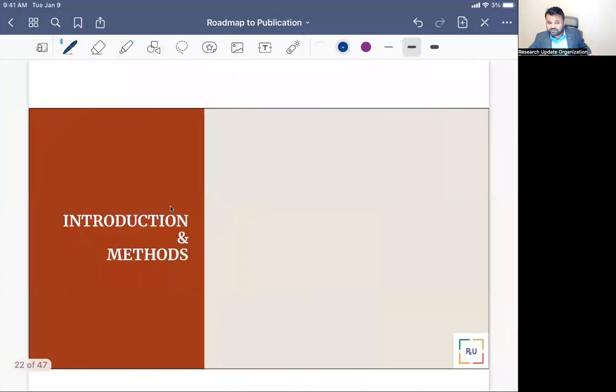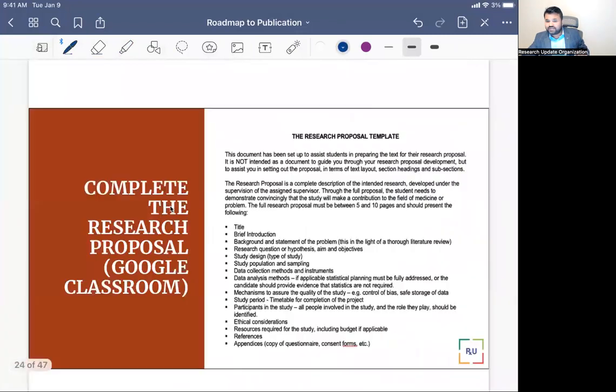Followed by that, we make sure the introduction and method are written. And of course, introduction and method have specific steps to approach, and then you get the methods and introduction correctly written. After that, you write the research proposal. The research proposal template we also provide you, a research proposal for your own project,